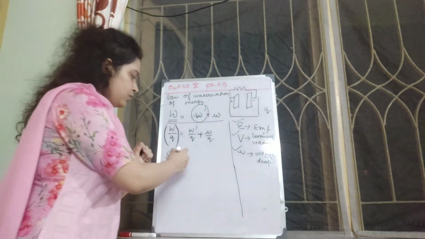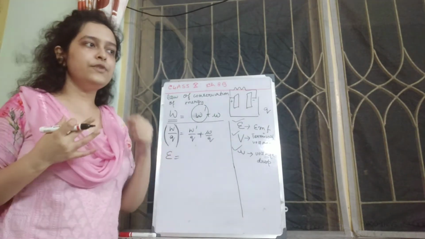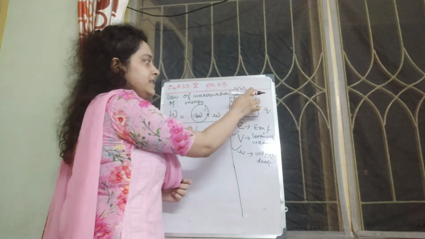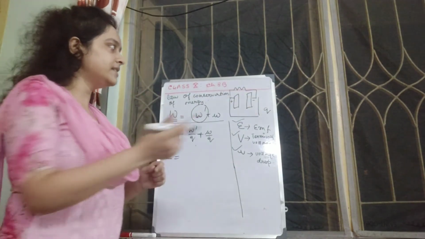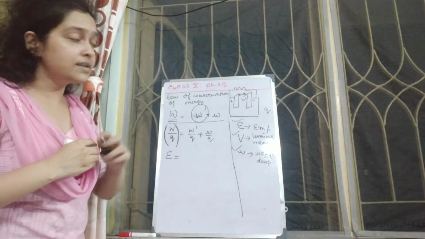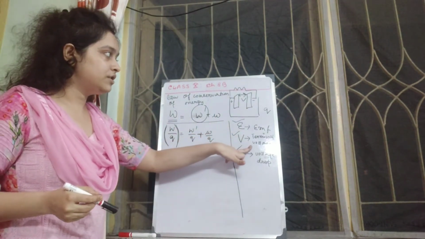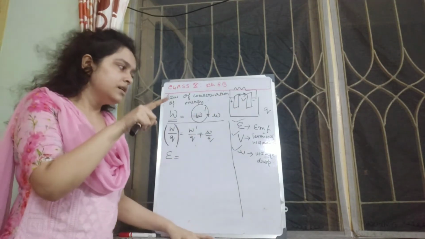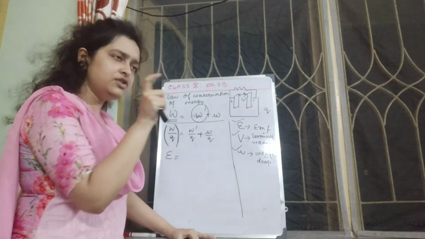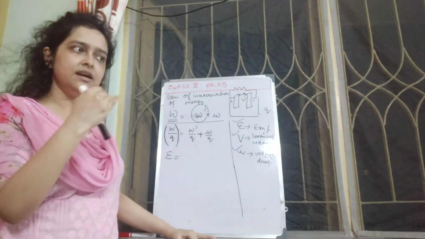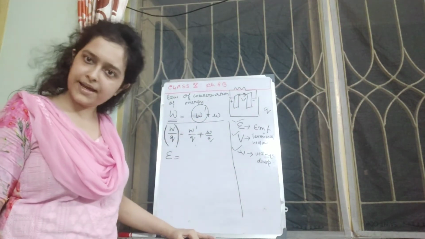But as you know, when I am drawing any current using this cell, we see that potential difference between the terminals of the cell. What is that called? Terminal voltage, right? That means we find that the potential difference across the two terminals of the cell comes out to be less than the EMF of the cell, right?